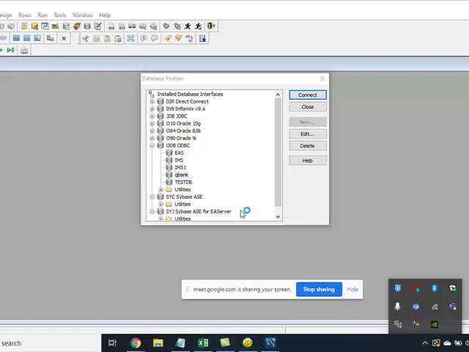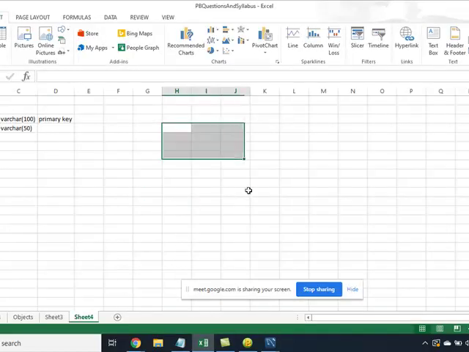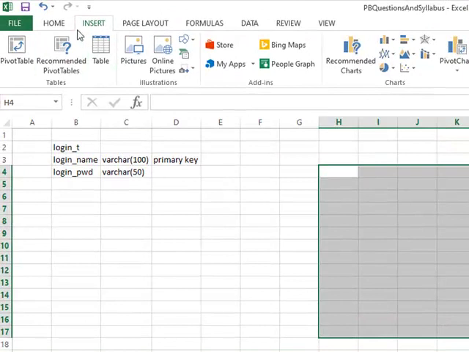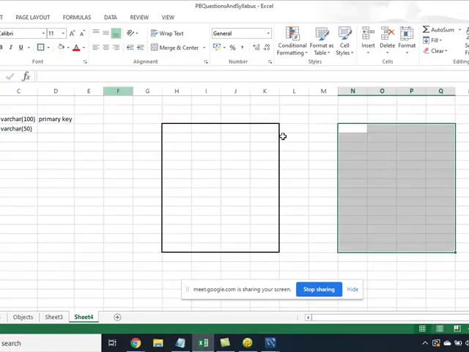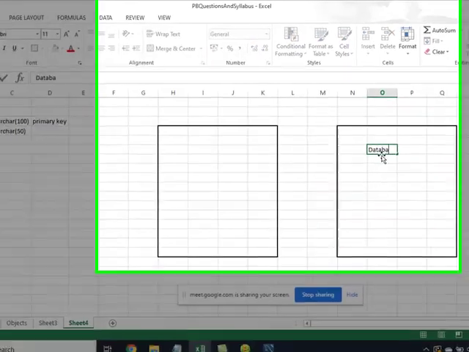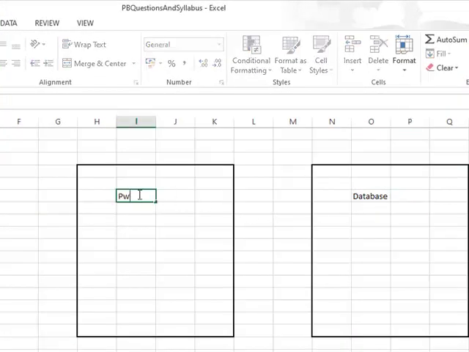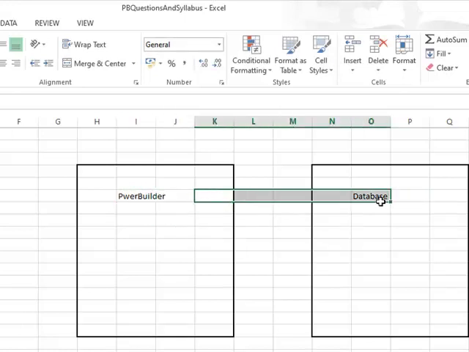See, there are two parts of the application. One is your PowerBuilder application, and the other part is your backend, your database. PowerBuilder will connect to the database to save the information, or to check whether this ID exists or not, and to bring that information back to display to the user.